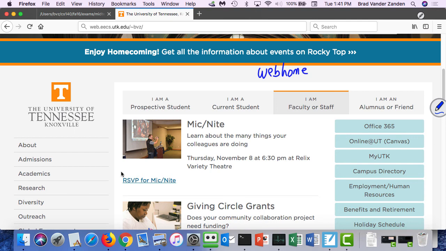At the top level, you all have a directory called webhome. Any PHP script that you put in webhome can be executed by typing in web.eecs.utk.edu /tilde your name. Then you don't include webhome. I could just, from here,